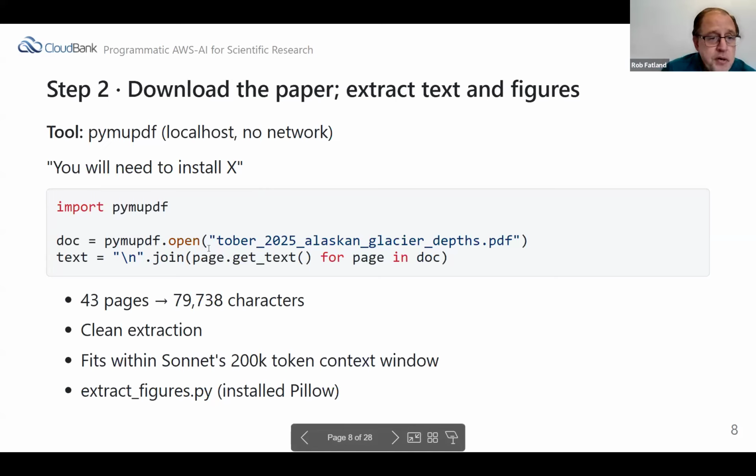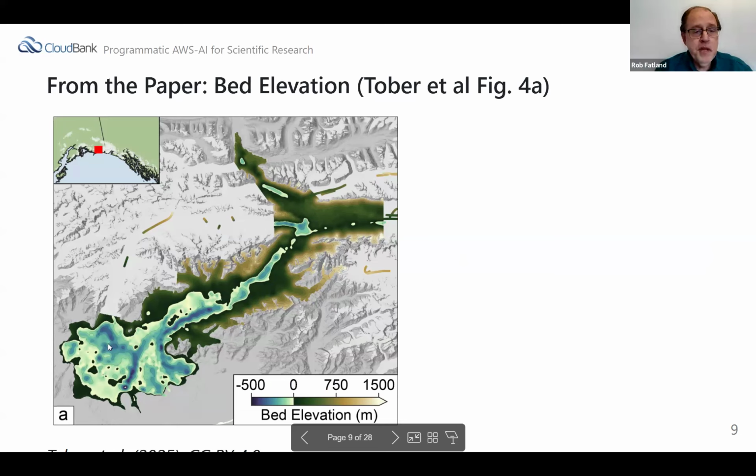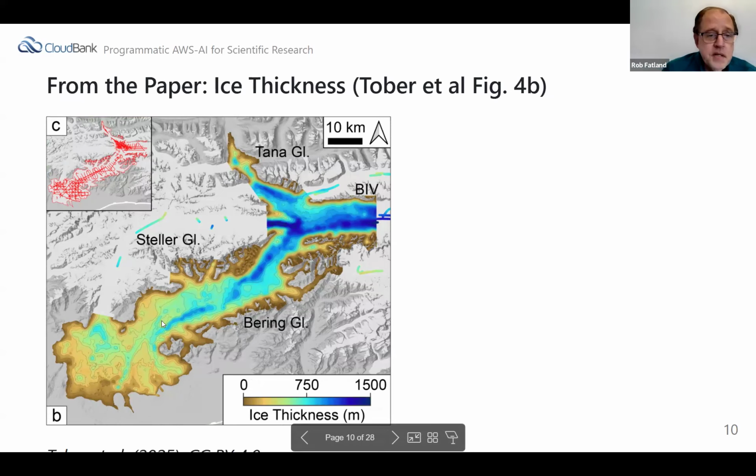This happens to be a glacier in Alaska, and what we're looking at here is the bottom of the glacier, what the elevation is, and everything in that lower left quadrant that's brightly colored is all stuff that's below sea level. So you could say this is the bed elevation of an existing glacier, or you could also say this is a future fjord once all this pesky ice melts away. This would be the fjord that you could sail up because this is all below sea level. So we pulled a couple of figures out of the paper. This is the ice thickness. This is how thick the ice is. And that's also interesting glaciology.